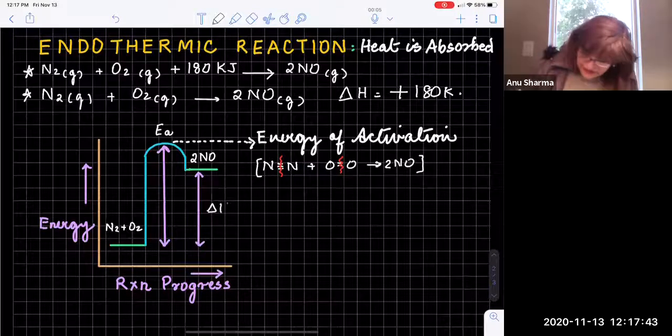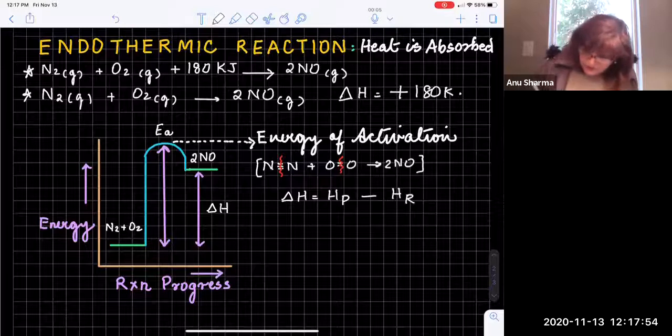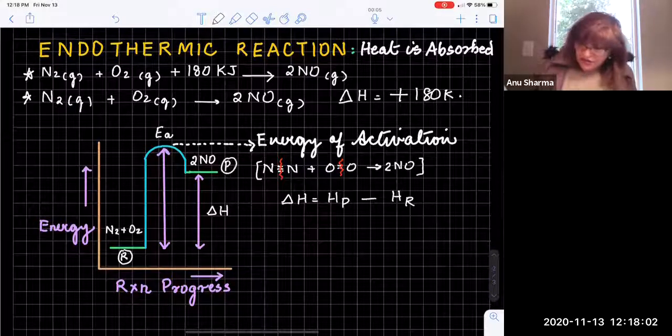And what is delta H? Delta H is equal to the energy of the products minus the energy of the reactants. So as you have seen, the reactants are in a lower energy state. Products are at a higher energy state. So in other words, products have a bigger number. Reactants have a smaller number. So whenever a bigger number